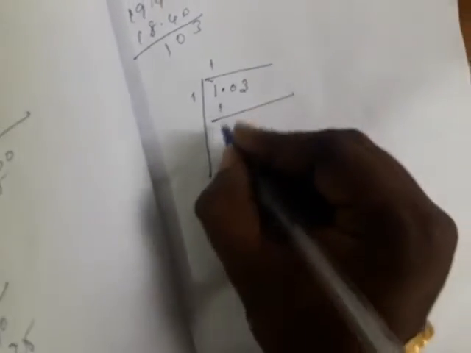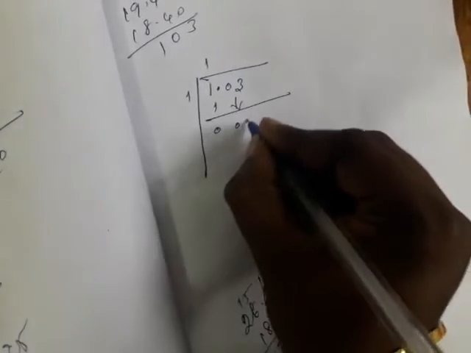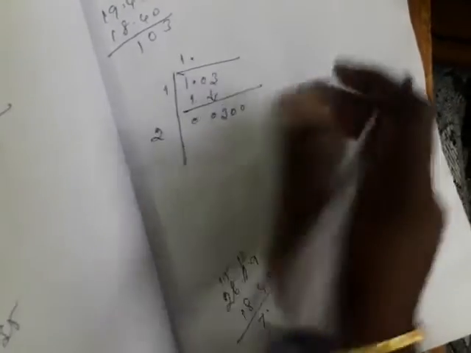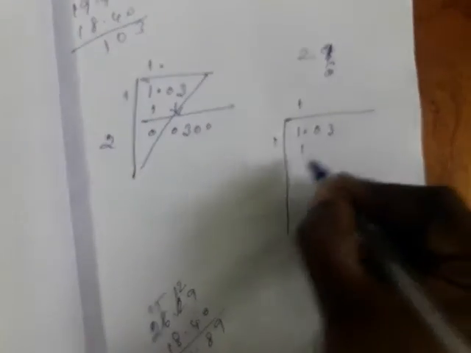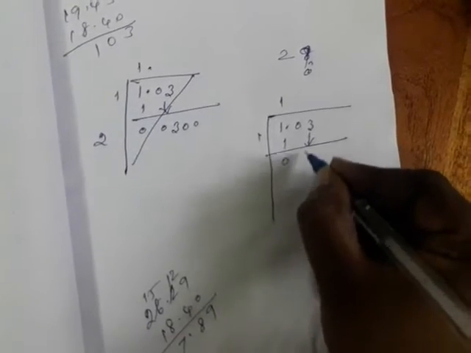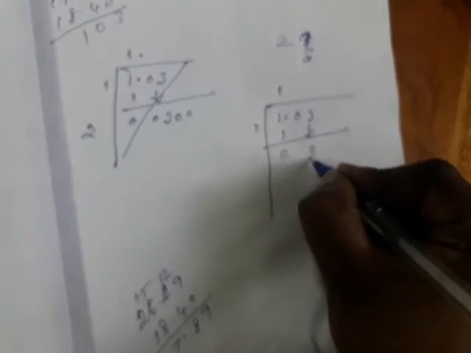So 1 1 is 1. 1 1 is 1. 0. Next 2 digits you have to drop down. So this one square means is not divisible, so I have to drop down the next 2 digits. So 20, 8 8s are, 9 9s are, you have to take it. So 1 1 is 1, balance 0. Next this one 3 only, we are not able to, 03 means 3 only.